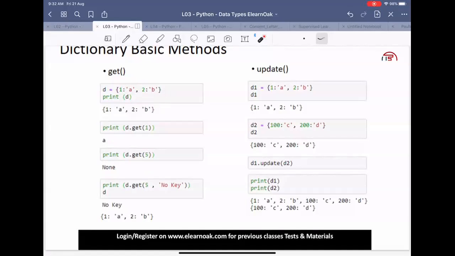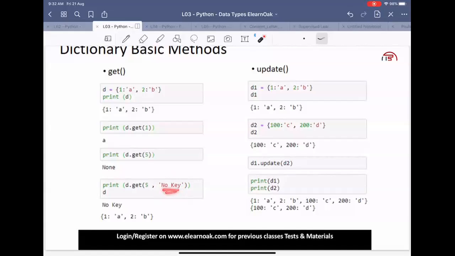And when we say d.get(5, 'no key'), it means when this item does not exist, it will return 'no key' instead. So instead of getting None, it gives us the default value that we want to set.